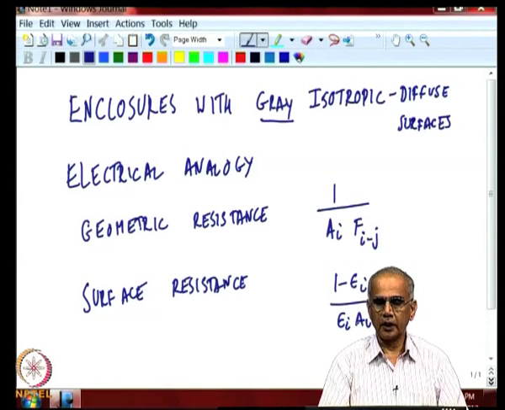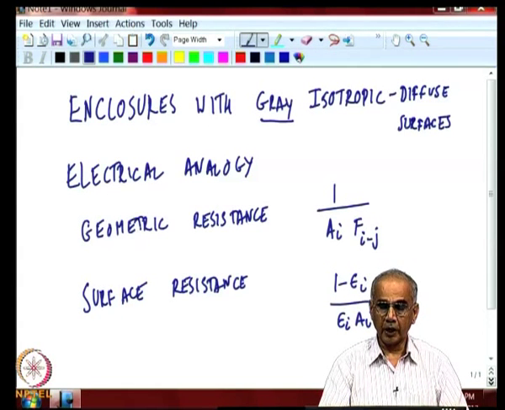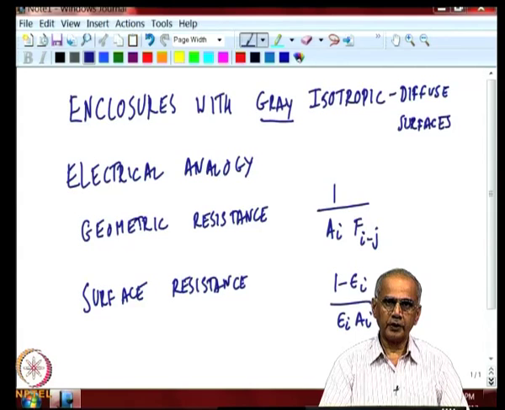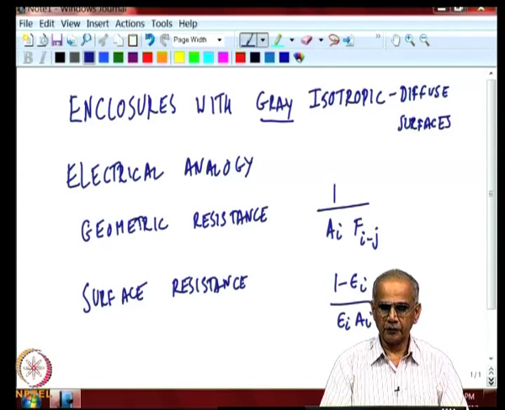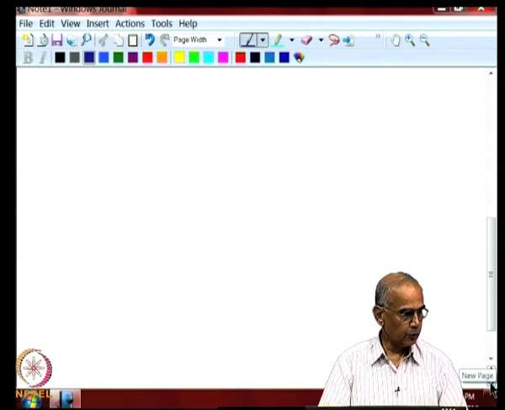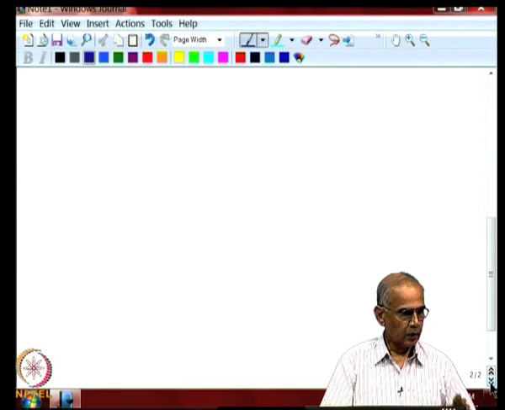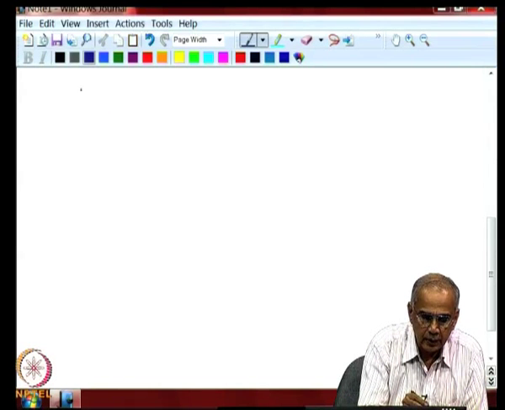So, this resistance is occurring because the surface is not a black body. So, there is resistance to flow of heat, and the first term, the geometric resistance, is coming in because of the relative configuration between two surfaces. And using this idea of geometric and surface resistance, we were able to draw a typical example